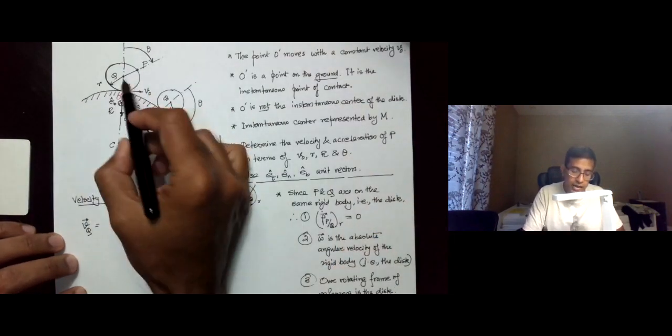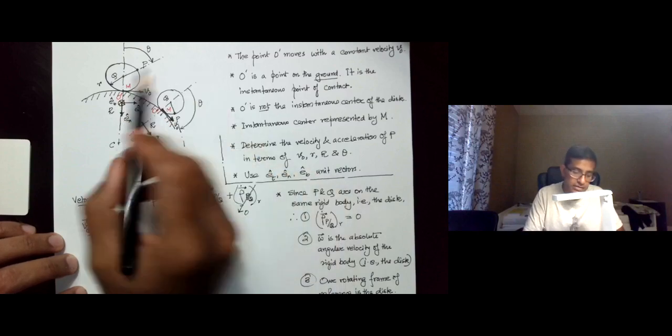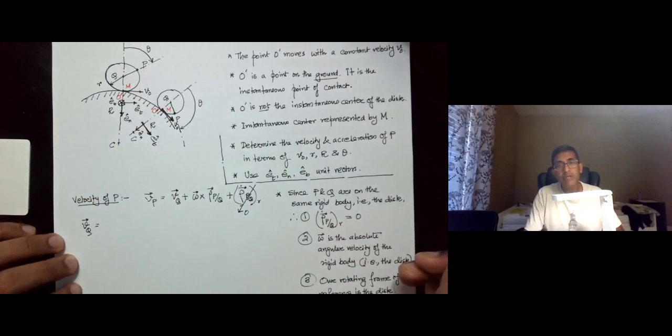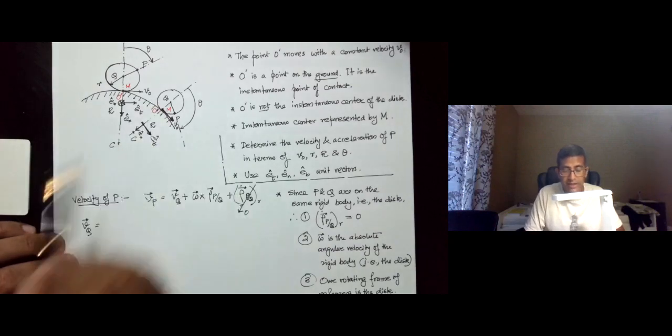At this instant, for instance, we know that O prime is moving with a constant velocity V0 tangential to the curved surface. C is at rest,